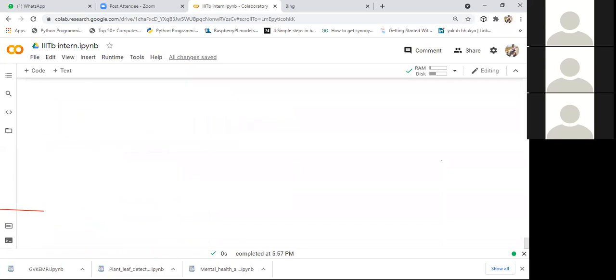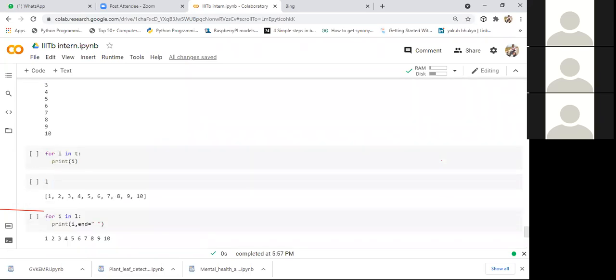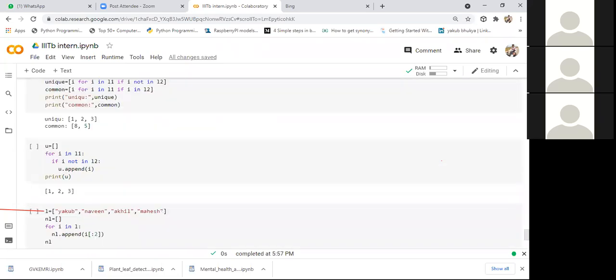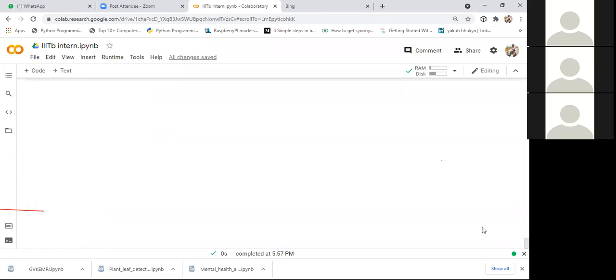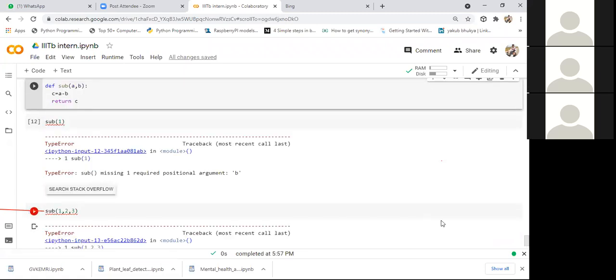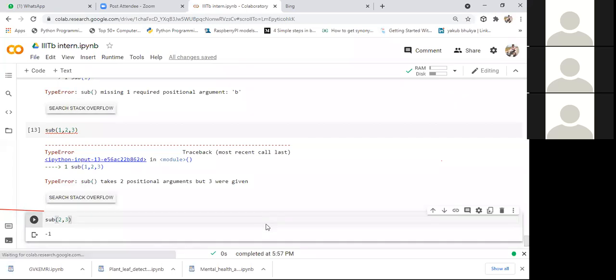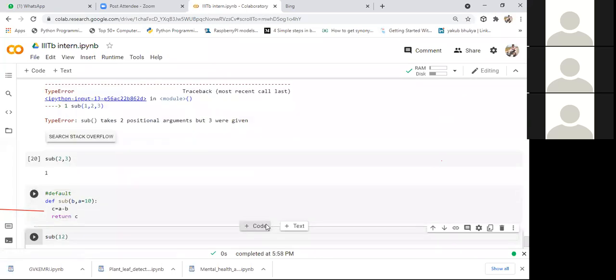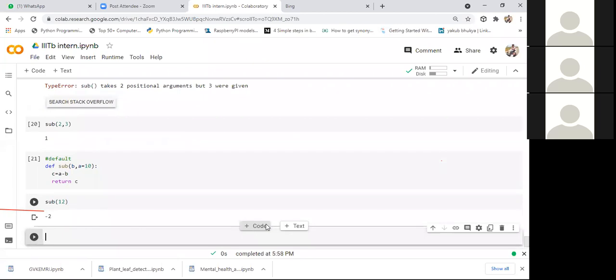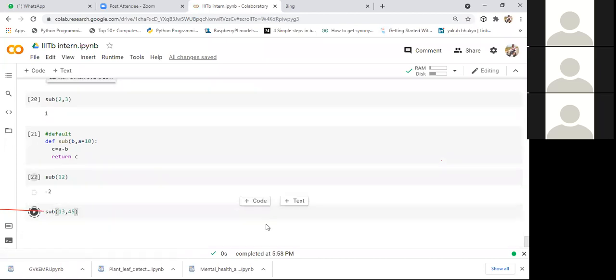After that, we'll have keyword arguments. Now, whenever you call this function, whatever value you specify at the first location will be considered as the b value, and whatever value you specify at the second location will be considered as the a value.